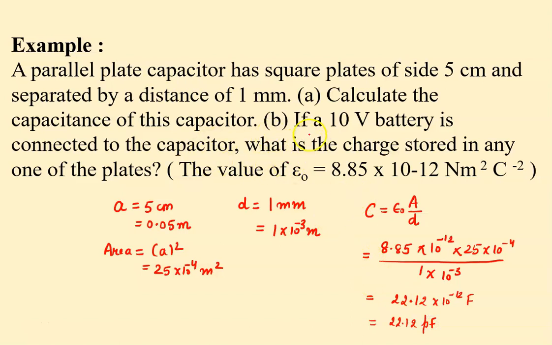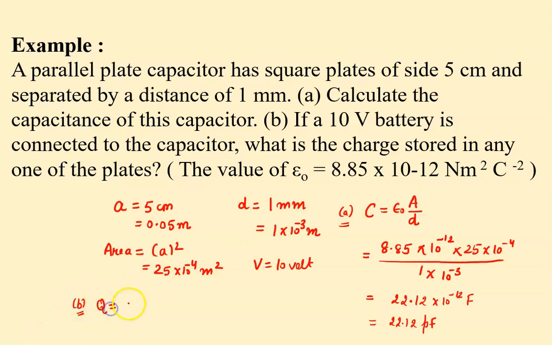Now in the second part they are asking that if a 10-volt battery is connected, which means now V is given to you. V is 10 volt. So what is the charge stored in any one of the plates? So now you have to find, this is your part A, and in part B you have to find out